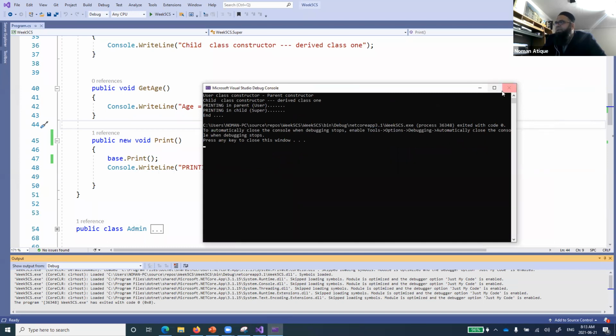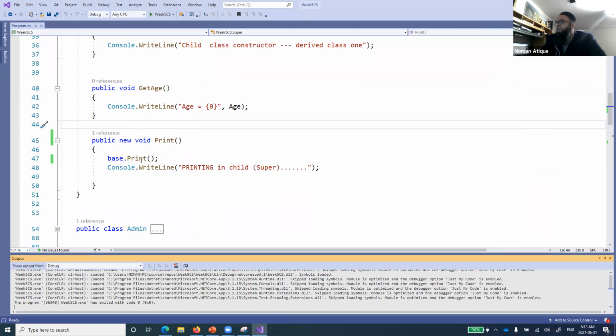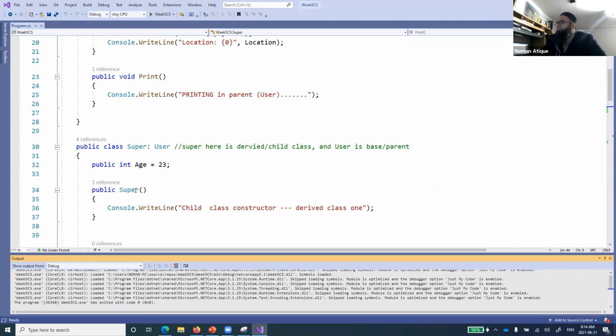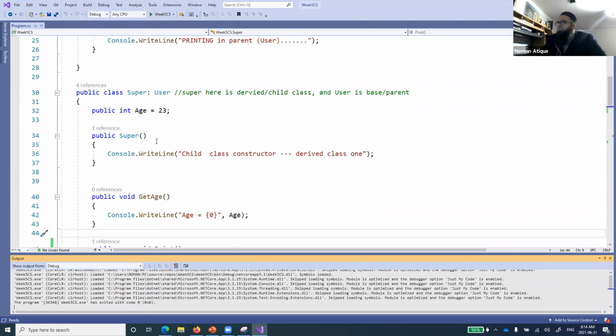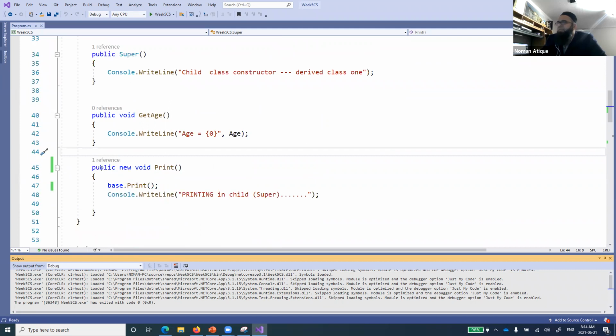That one of the methods of accessing the parent method inside a method that has hidden the definition of that one is that we will just mention this base dot print function. So base keyword, remember base keyword, you see when I take my cursor over that, it is showing that it is basically the user class, the base class. So base dot print means go and access that function from that one, right? So this is one way of accessing that base function. That base function will be accessed by using this base keyword.